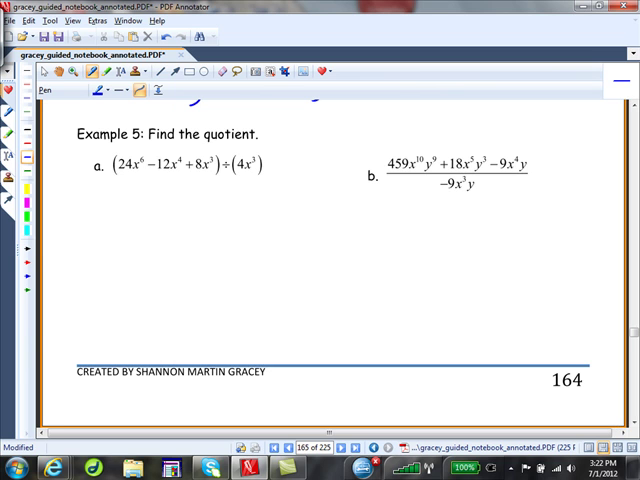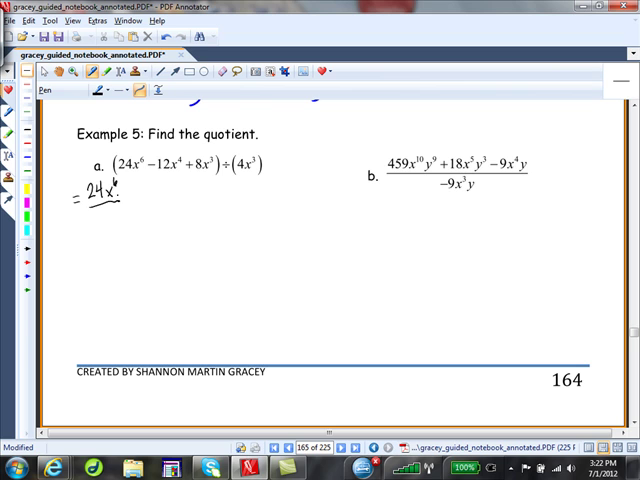The terms of the numerator in this case, the dividend, are 24x to the 6 is one term, negative 12x to the 4th is the second term, and positive 8x cubed is the third term. You've got a trinomial. Okay? The divisor, the denominator, is a monomial. 4x cubed is one term, so it's a monomial. So here we go. This is going to be equal to